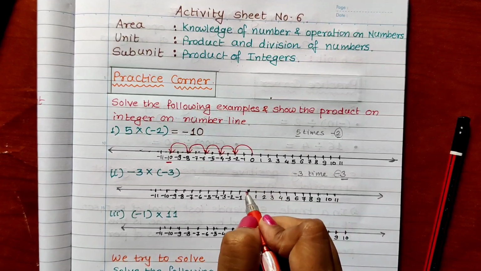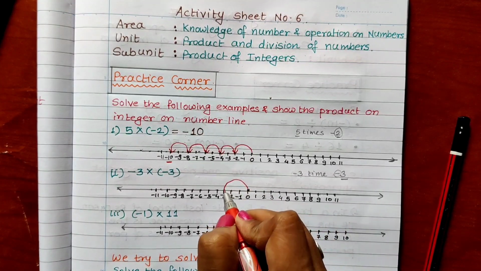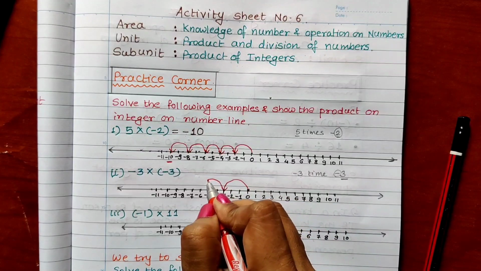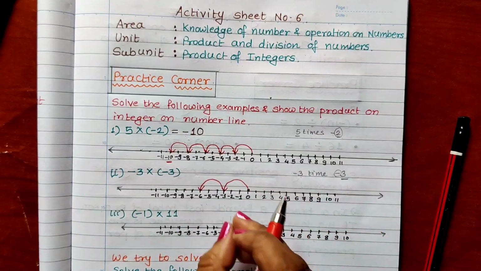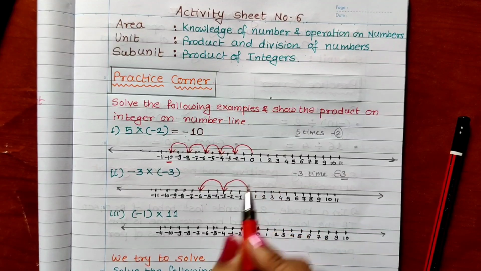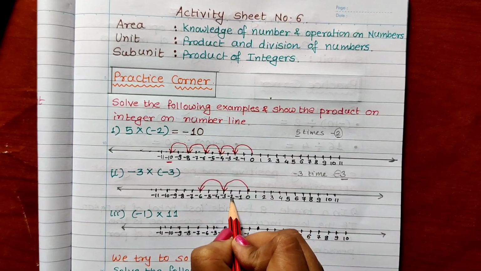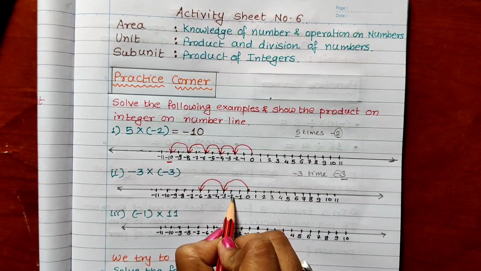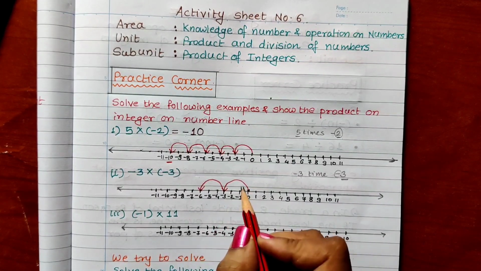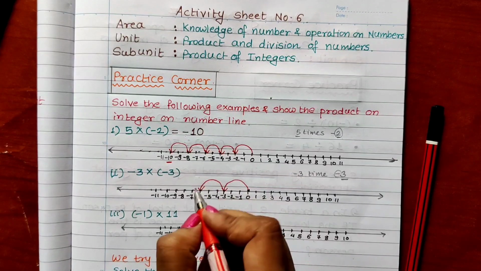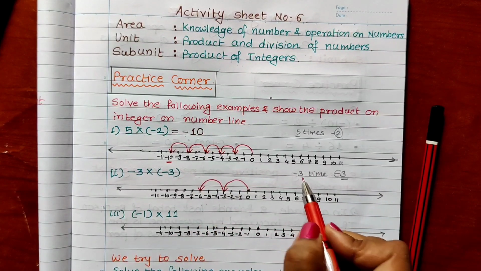3 unit jumps. So 0 to minus 3 will be the first jump. Minus 3 to minus 6 will be the second jump. We have to take the jumps of 3 units. We are going to take 3 units: 0 to minus 1 is one unit, minus 1 to minus 2 second, minus 2 to minus 3 third. So in this way 3 units. Here also we have taken 3 units. One more jump we have to take because 3 times it is there.